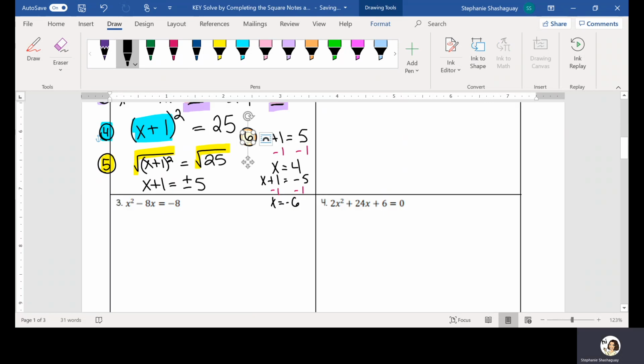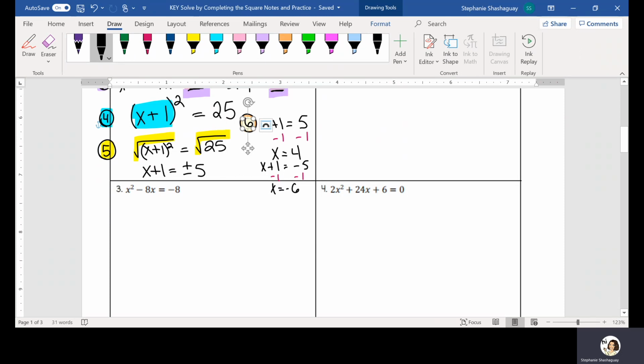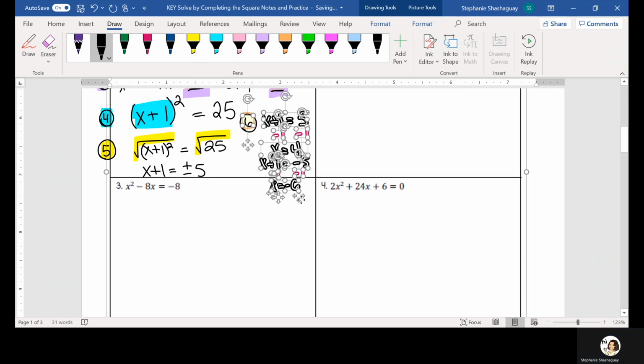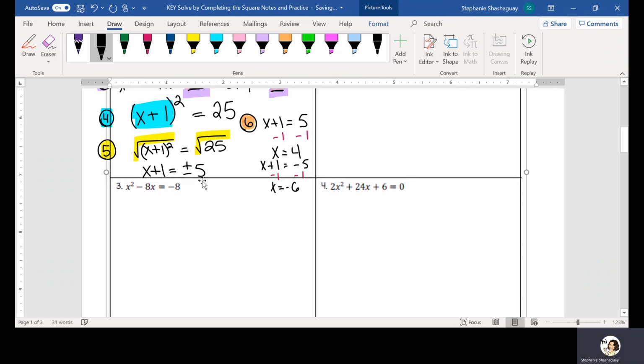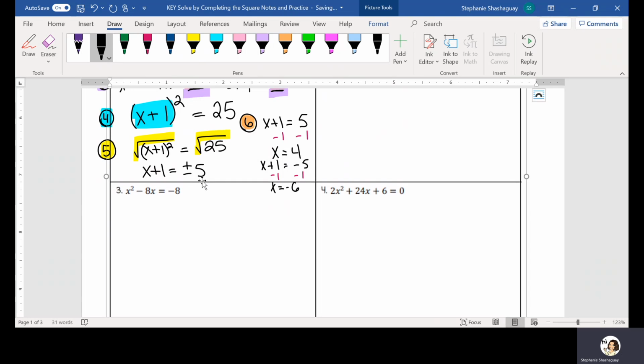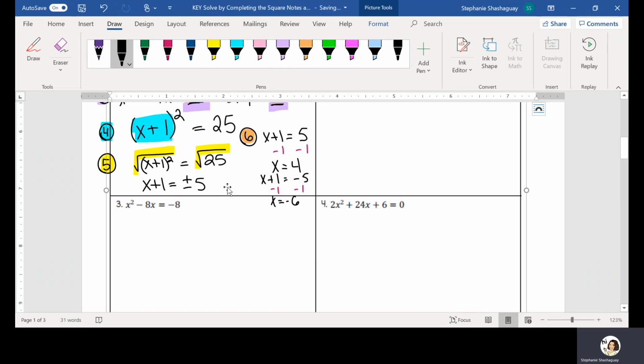I'm going to see if I can move that whole thing up so that I'm not going into the next box. But now we have all of our solutions for this equation. Just going to move these all up. That's the one thing I don't want to highlight. Oh, well, that's okay. So let's move on